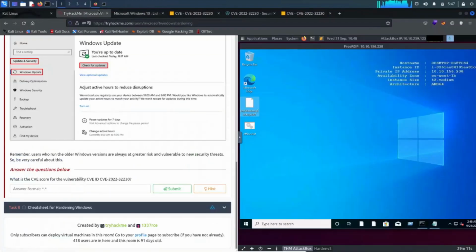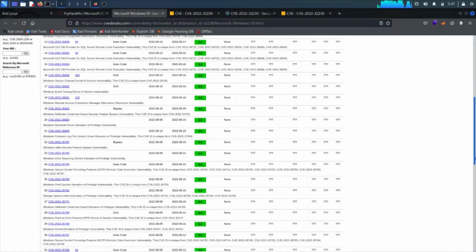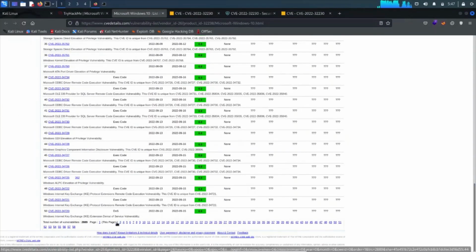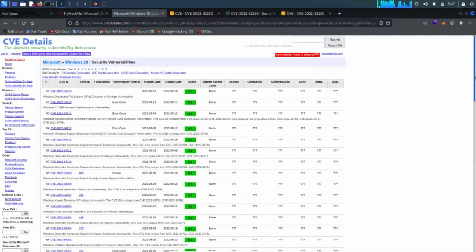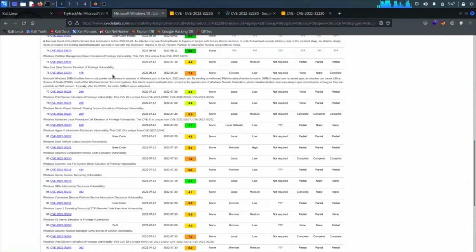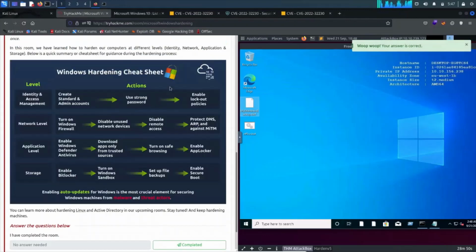What was the CVE? 32230. Okay, so 7.8. Okay, so 7.8 is the CVE score, and there is a cheat sheet that they have provided